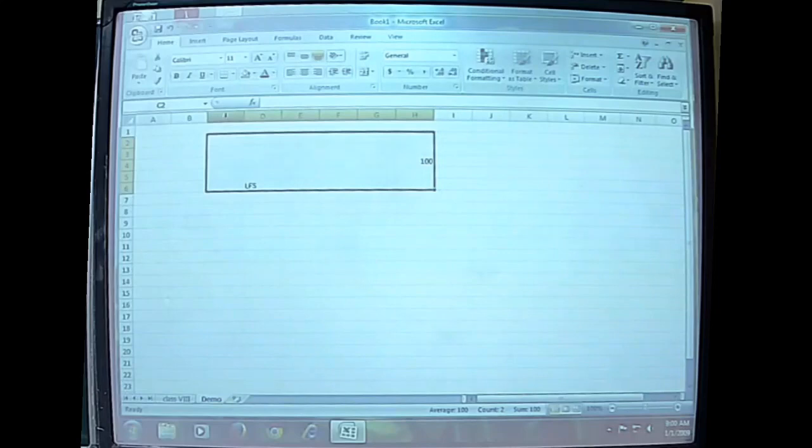The beginning cell is C2 and the ending cell is H6. So C2 to H6, and that is how this cell range can be defined.